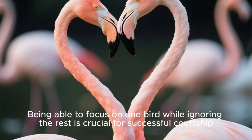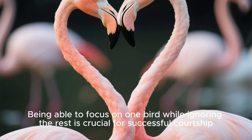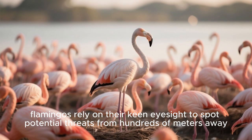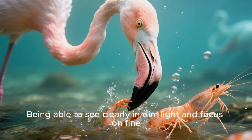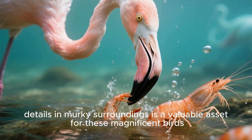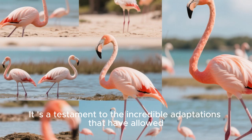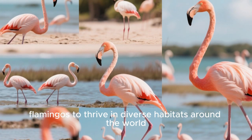Being able to focus on one bird while ignoring the rest is crucial for successful courtship. And when it comes to defending their eggs and chicks, flamingos rely on their keen eyesight to spot potential threats from hundreds of meters away. Being able to see clearly in dim light and focus on fine details in murky surroundings is a valuable asset for these magnificent birds. It's a testament to the incredible adaptations that have allowed flamingos to thrive in diverse habitats